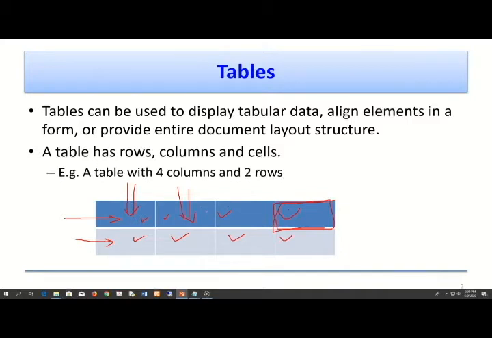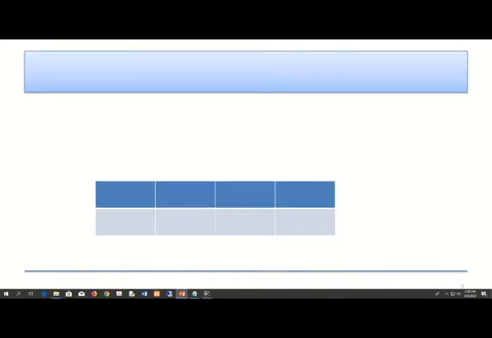In tables, in addition to cells, we use a name called table data. Because in a web page we use a table to represent data, we call one cell a table data, and this is the second one. Likewise, here we have 8 table data. So in HTML,